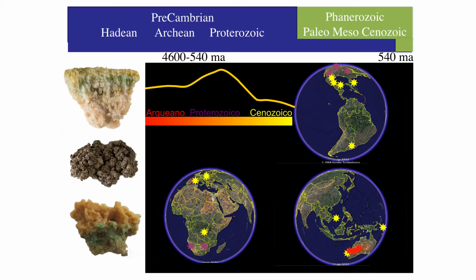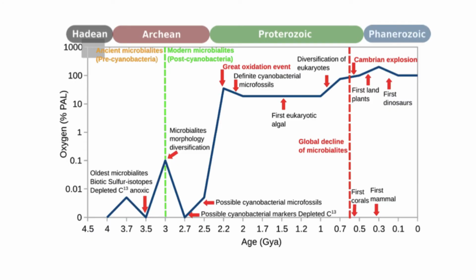Their abundance rose towards the Proterozoic, and there are several geologic locations, and the most ancient we know are in Western Australia, but also in North America. And then in the Cenozoic, there are modern Holocene microbialite reefs, and their evolution is associated with the oxygenation